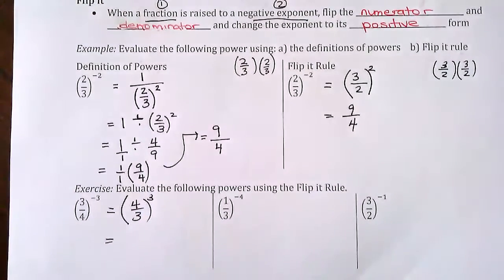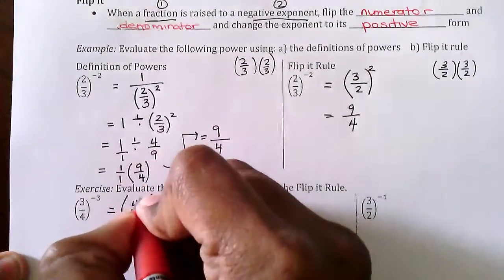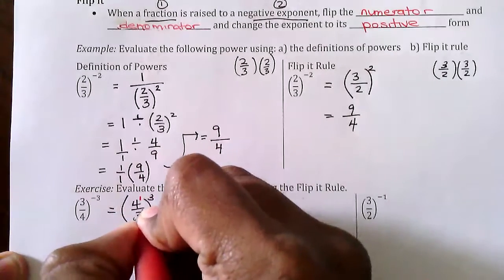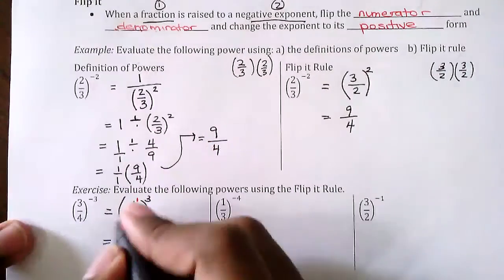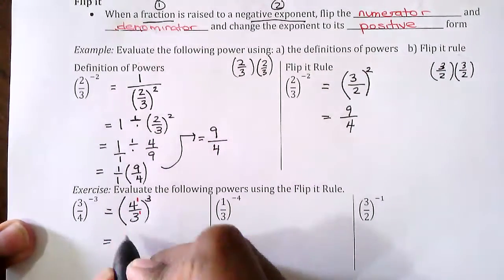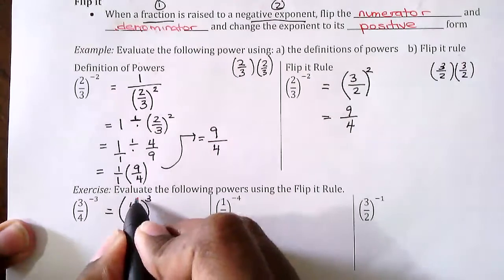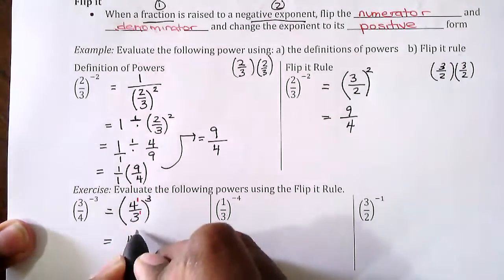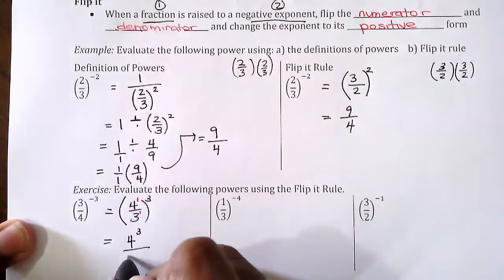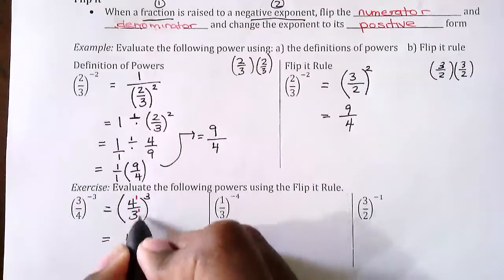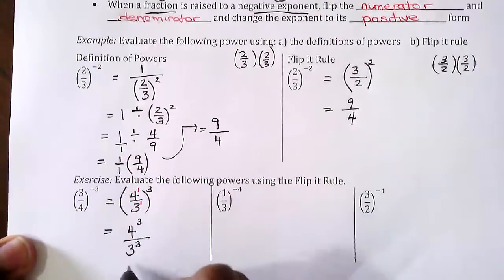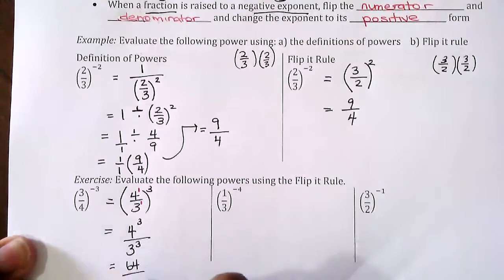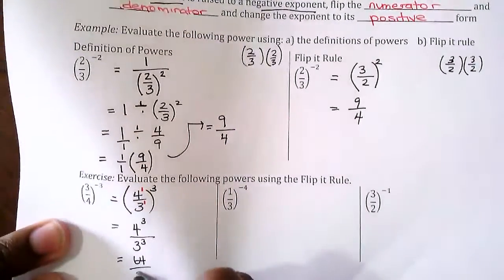Again, I'm going to use power laws to help me solve this. Remember, this is the same thing as saying 4 to the power of 1 divided by 3 to the power of 1, all to the power of 3. Because I'm raising powers to another exponent, I'll copy the base 4 and multiply the exponents. 1 times 3 is 3. And here I'll copy the base 3. Again, I'm raising a power to an exponent, so I do 1 times 3, which is 3. So 4 to the power of 3 is 64, and 3 to the power of 3 is